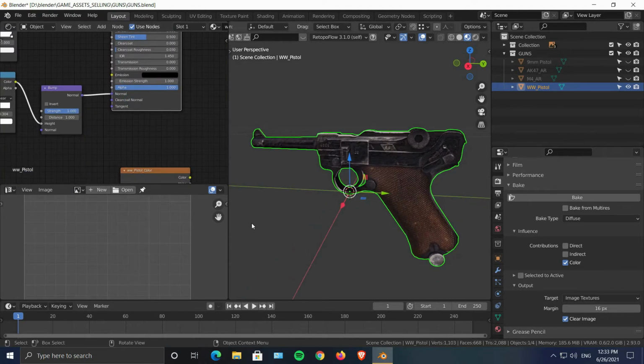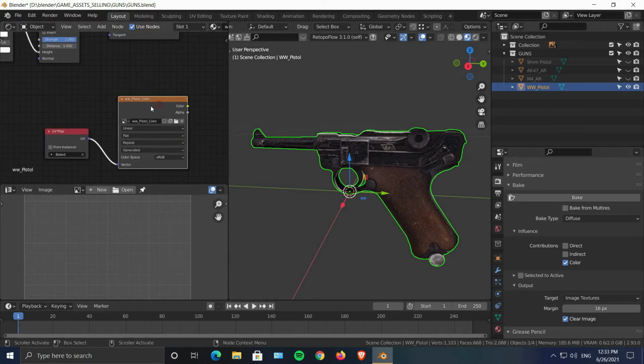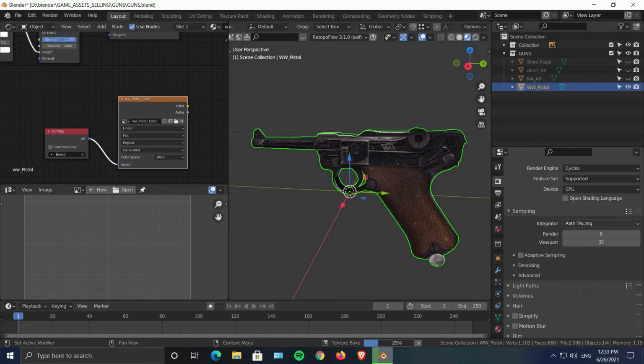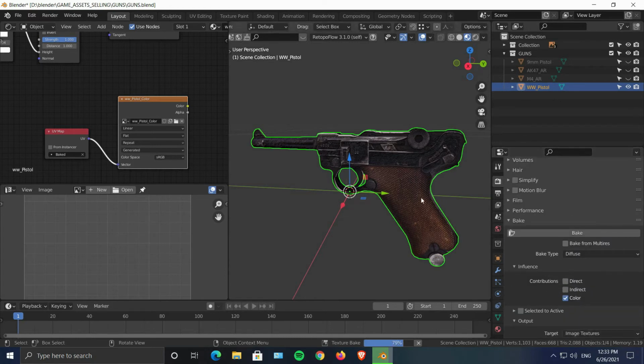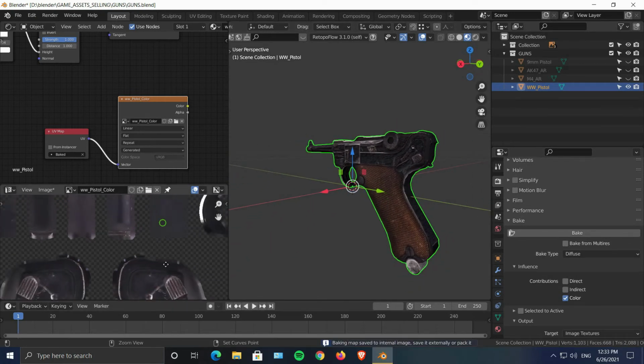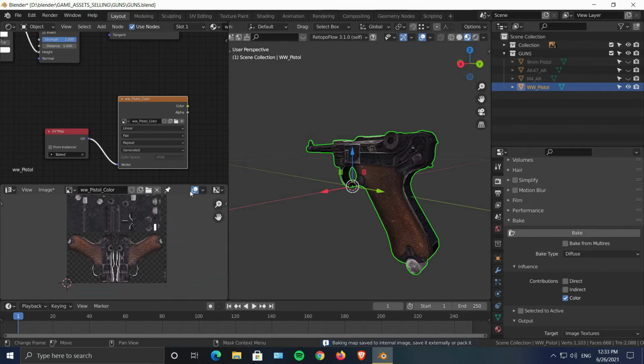Now we will select the image we just created, deselect both of these options, and then click on bake, and it is baking down right here. Also, one thing I forgot to mention, make sure your render samples are very low. Once it's done, your image texture is just baked like that.